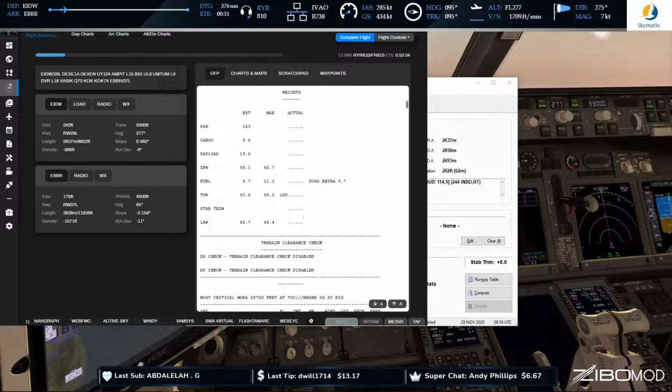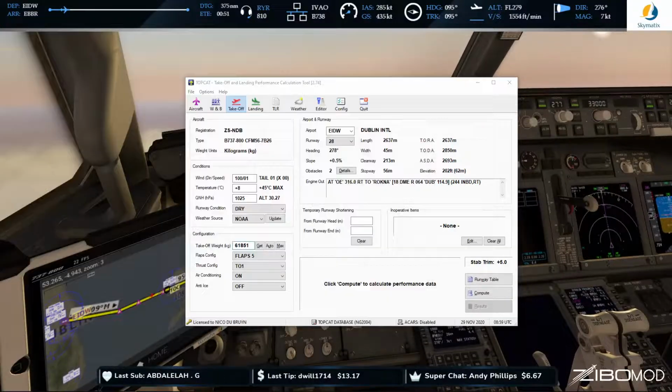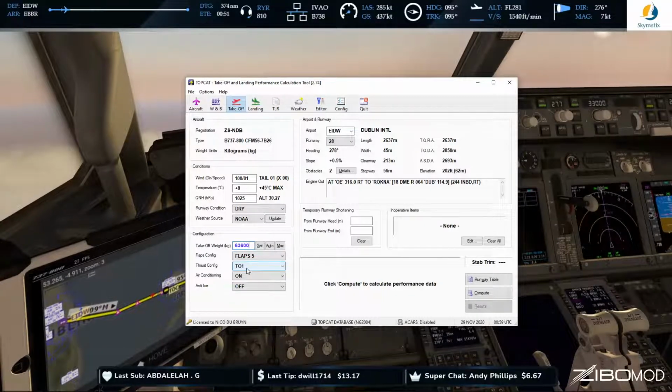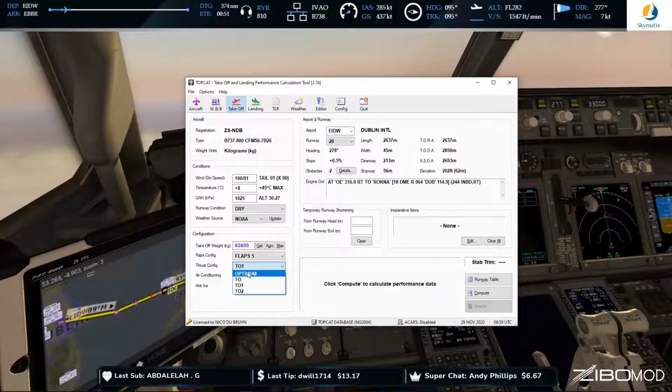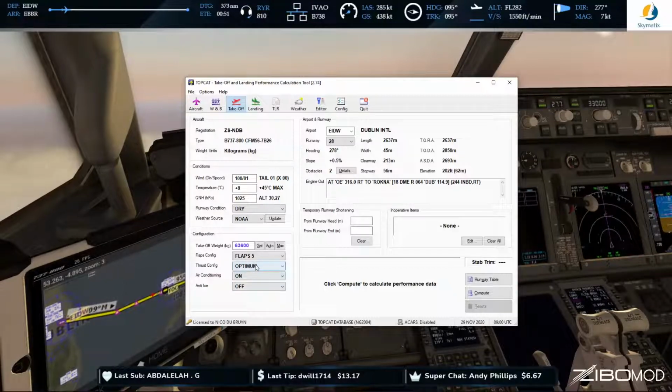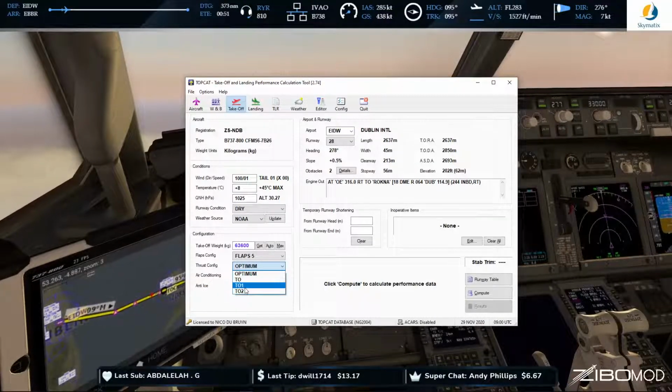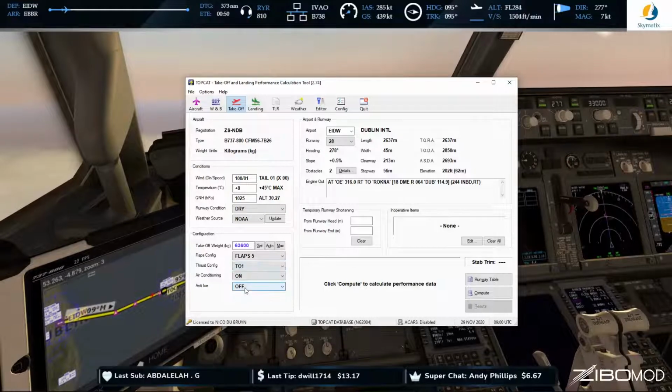our OFP from SimBrief. So our takeoff weight is 63.6. Right, so we say flaps 5. There's many ways of doing it. Then we've got takeoff 1 or takeoff 2, or we can say optimum. Let's just go optimum. No, that's going to confuse me. Okay, we used takeoff 1, so let's see how close we were. So that's takeoff 1. Air conditioning was running and the ice was off, and then what we do is we